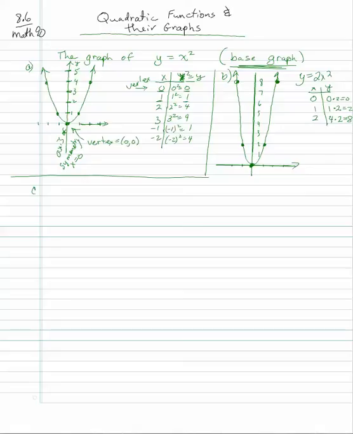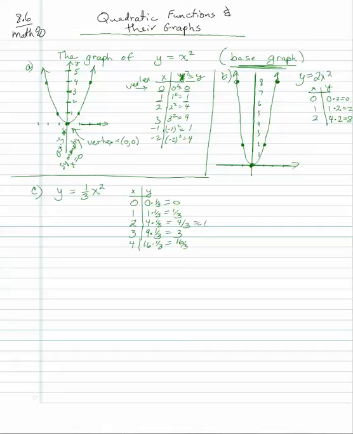If I were to graph y equals, say, 1/3 x squared, I take my base graph: 0 squared is 0, times 1/3, you still get 0. 1 squared is 1, times 1/3 is 1/3. 2 squared is 4, times 1/3, that's 4/3. 3 squared is 9, times 1/3 is 3. 4 squared, 16, times 1/3 is 16/3,